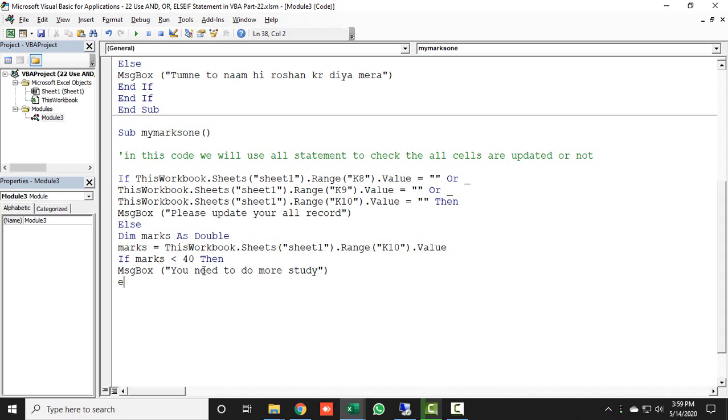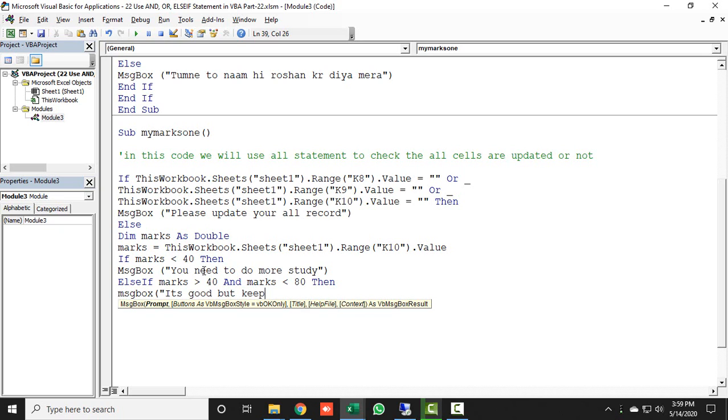Alright, else if marks is greater than 40 and marks is less than 80, then also generate a message box and tell her that it's good but keep it better.